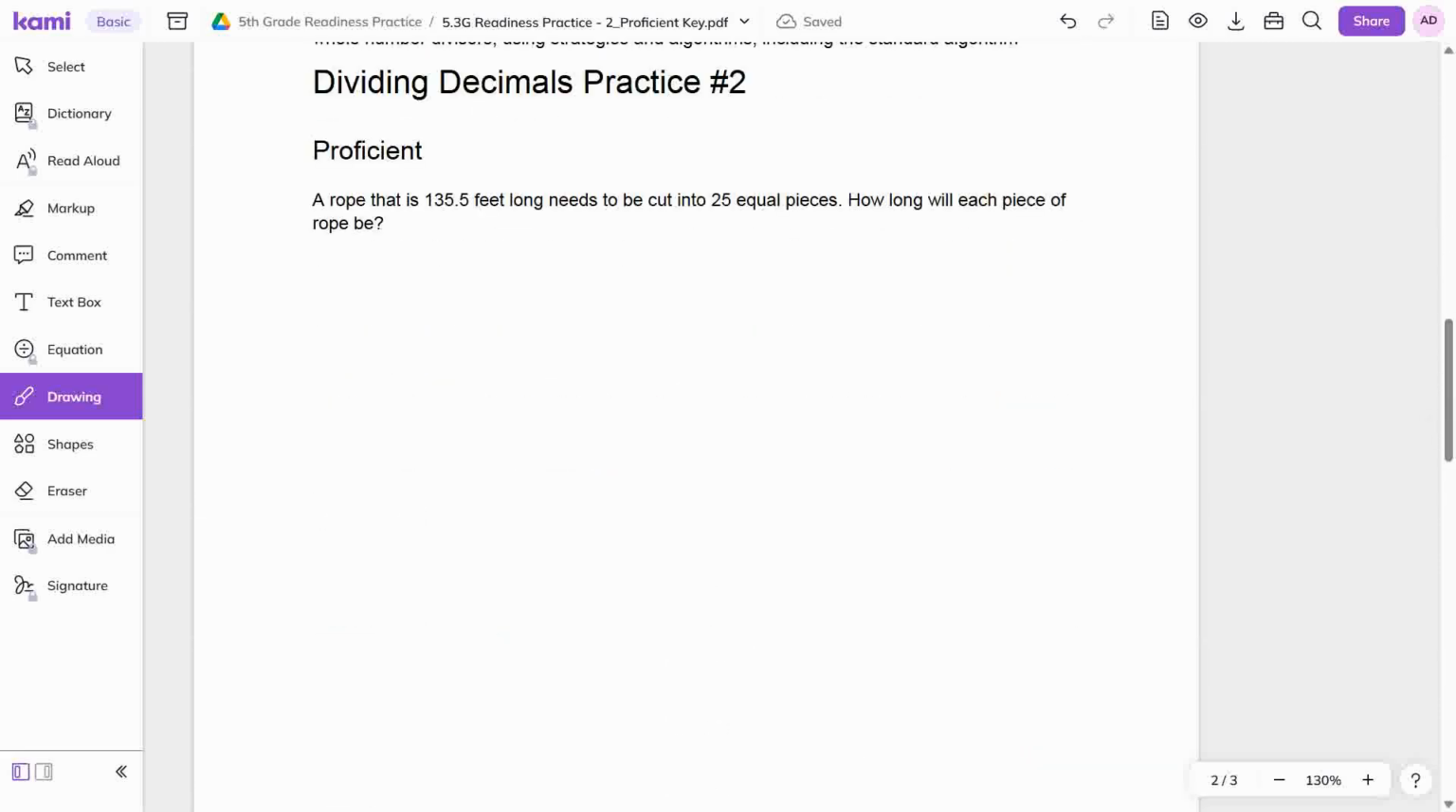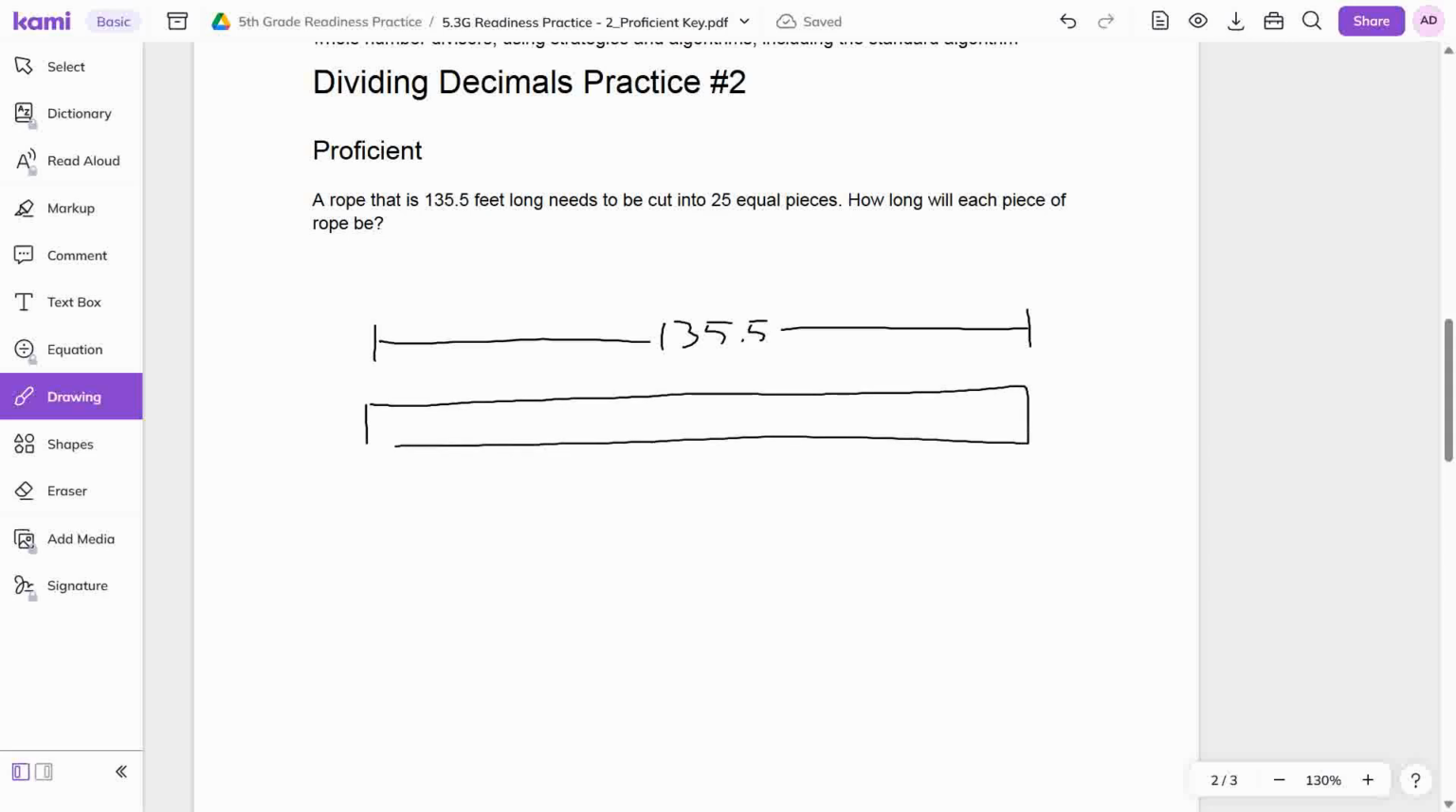For our next problem, we have a rope 135.5 feet long, cut in 25 equal pieces. So it's going to be that same setup here. We got 135.5 is our total, and we need to set it up into 25 equal pieces. Right? So we would break this up into fifths, then break each fifth into fifths. That's a lot of little pieces, and since they're equal pieces, we are going to divide 25 into